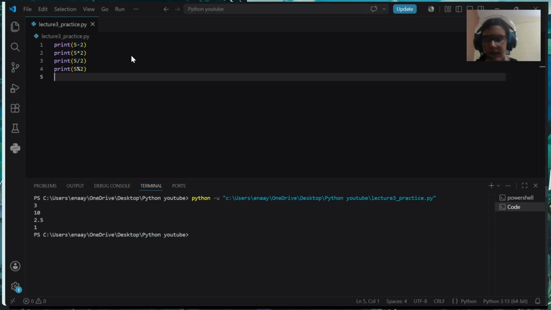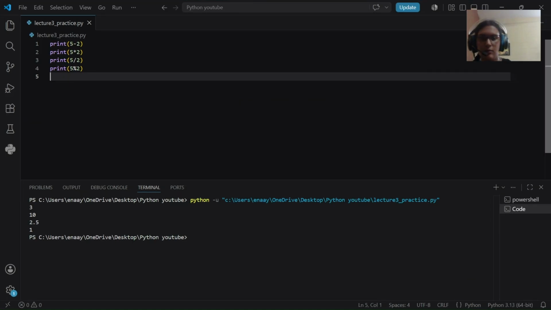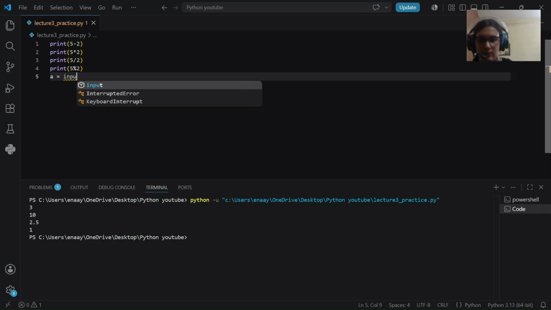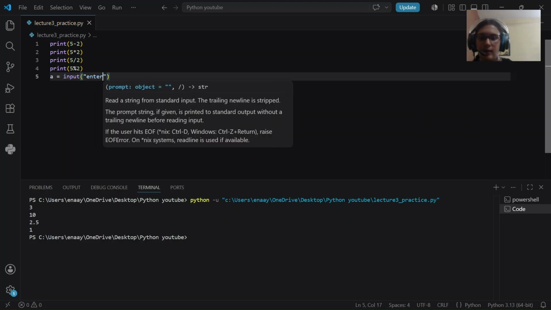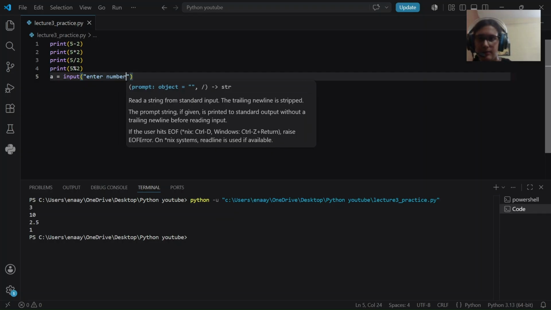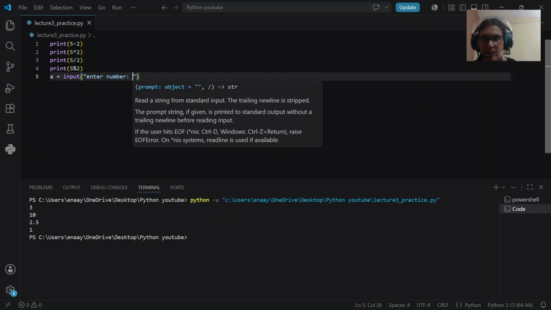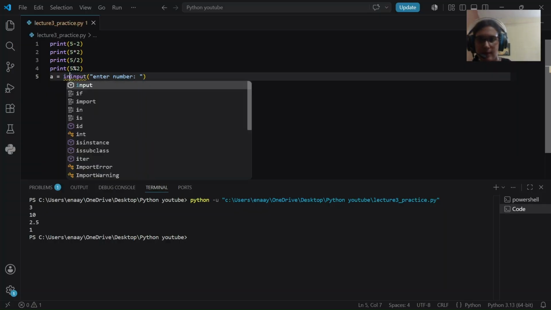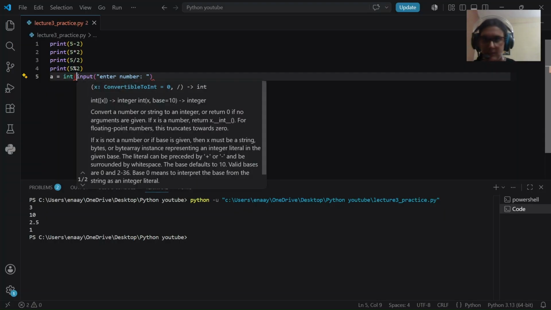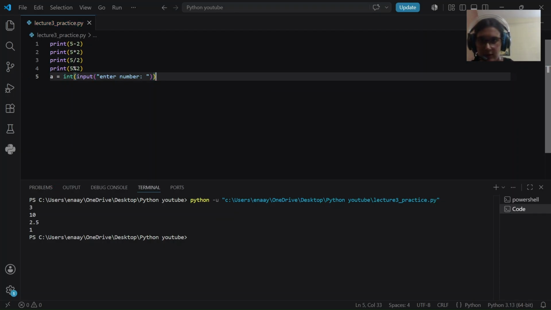This time let's take an input from the user. We'll go a is equal to input, enter number. Are we forgetting something here? We have to convert it. We have to convert it into int. And